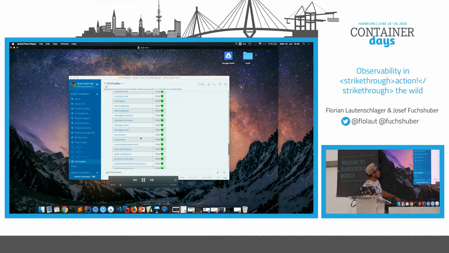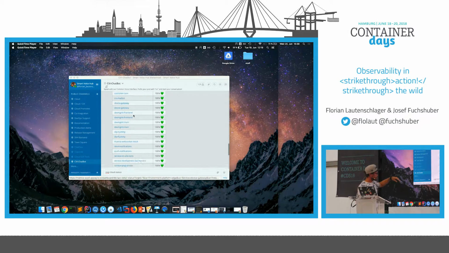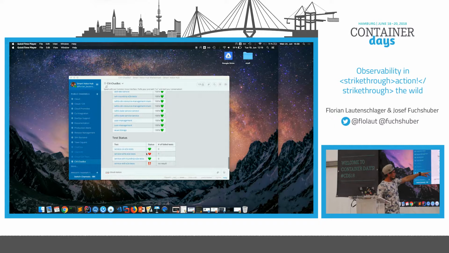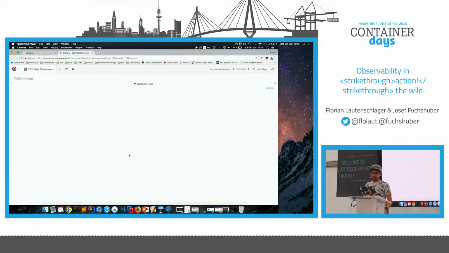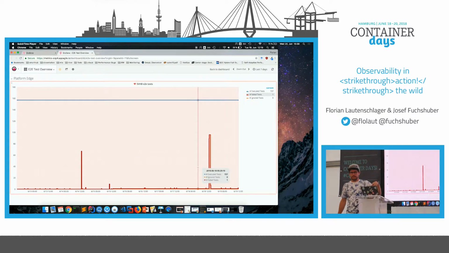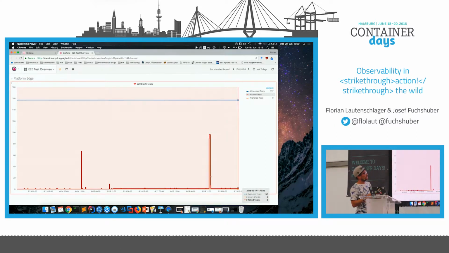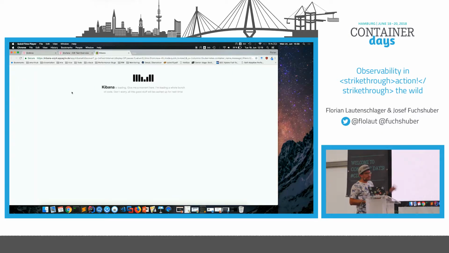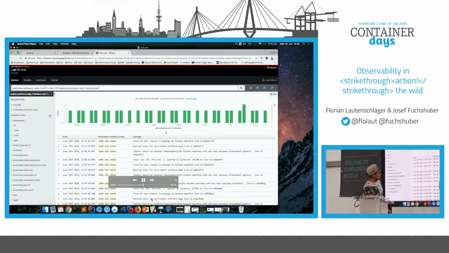So this is the chatbot. This is the service list and shows which services are up and running. I can scroll down and I will see, oh, well, that's one test that fails. And I can click on the link and it opens the Grafana dashboard. So our end-to-end tests are executed continuously in a separate Docker container, run the tests, write logs, and also expose Prometheus metrics. And there was, I guess this was too fast, a small link that points you to